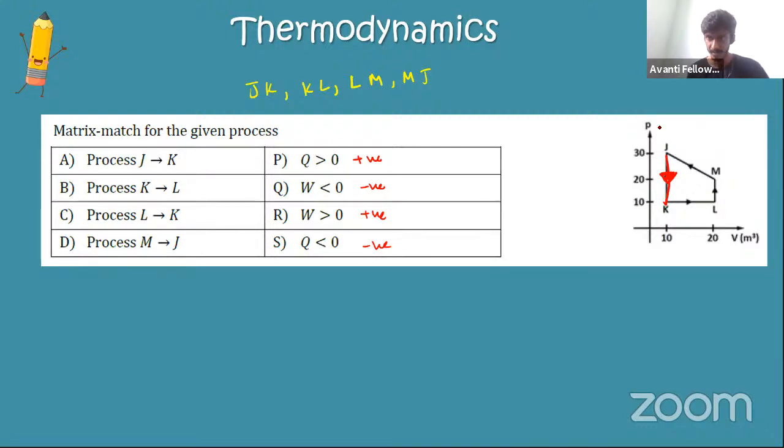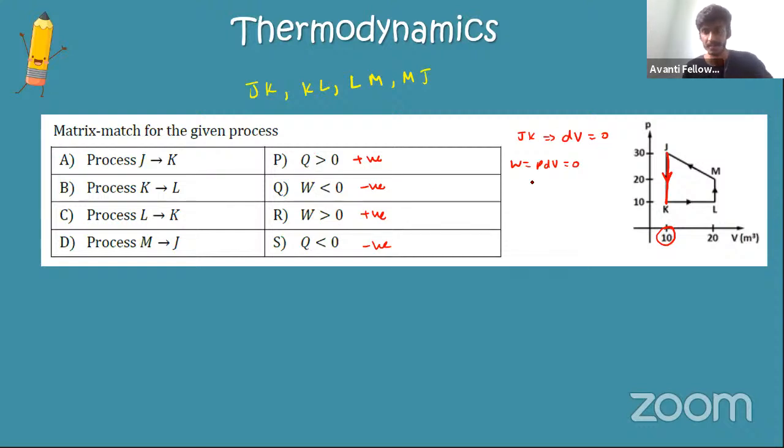So let me come back here. You can notice that pressure is decreasing from 30 to 10, but volume is the same, right? So therefore, in the process JK, change in volume dV is equal to 0. Therefore, work done PdV is equal to 0. So therefore I can't choose any of these options. It is not positive, it's not negative, it's equal to 0. So you leave it. Abhay, work done is not negative, bro. It is 0. There is no work done happening at all because the volume is constant. The volume is constant, so PdV will become 0. Good guess for the answer. So the Q and R is not right.